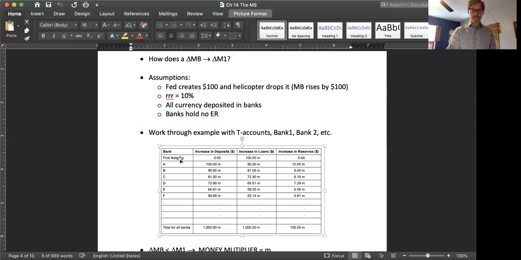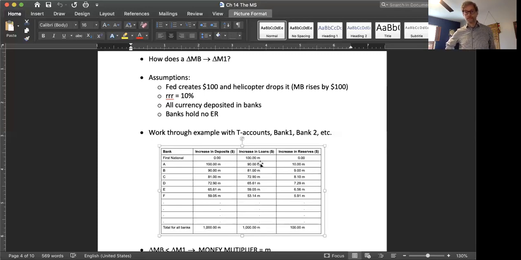So let's think about this. Let's assume that the tiger breeder banks at Bank A here. So now this bank has $100, or 100 million, we'll just drop the million, in new deposits. How much of that money can this bank lend out? Well, the required reserve ratio is 10%. So what that means is that of that $100, they have to keep $10 as required reserves, and $90 becomes